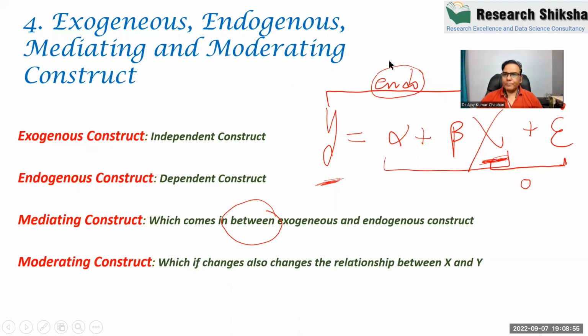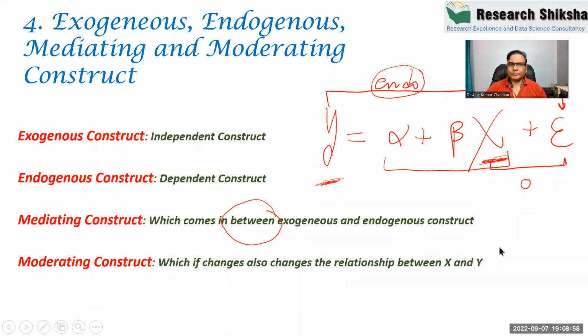Now from today, we are discussing this. There are some important concepts which you should understand. Like, what is the meaning of endogenous? What is the meaning of exogenous? So in layman's terms, endogenous means dependent and exogenous means independent. But if you go into much more detail, it is found that